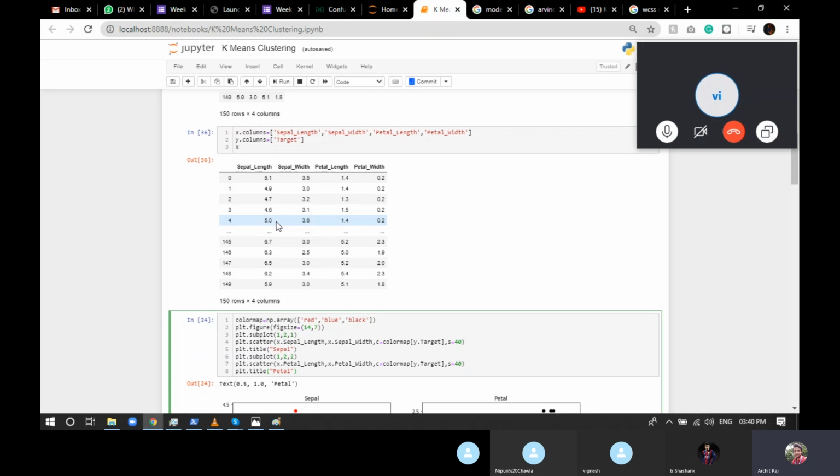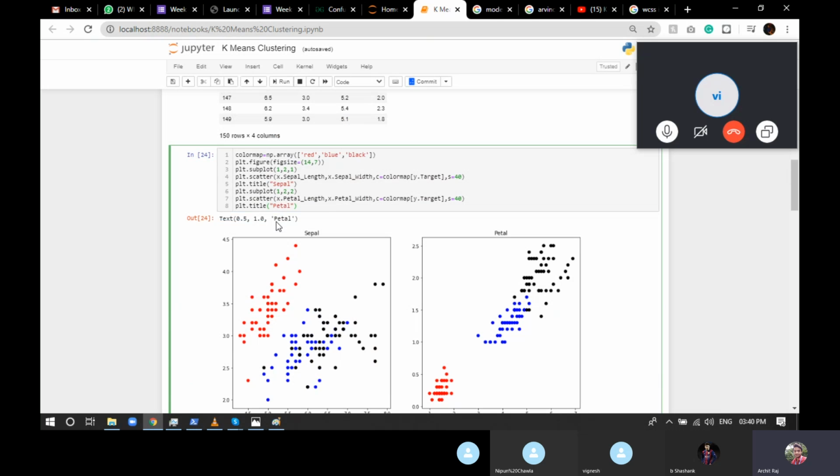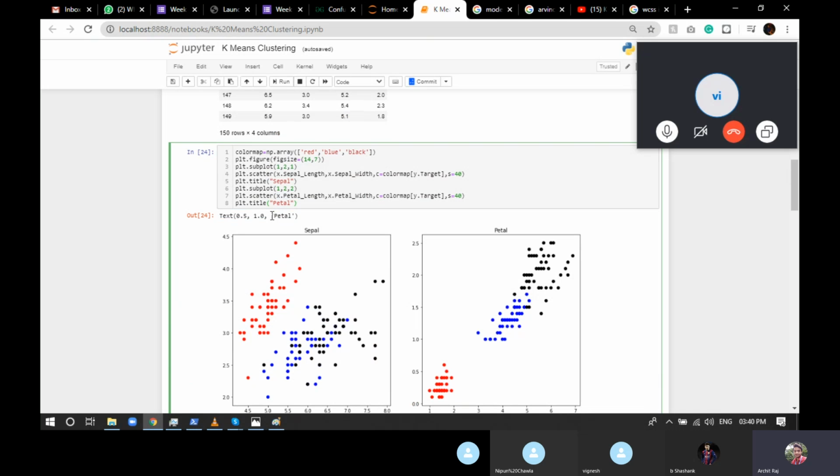Now what I've told you, in any unsupervised learning algorithm, it doesn't care what the output is, what the target class is, what the feature is, it's just going to make the clusters. So the only thing you have to consider is 3, that there are 3 different clusters. This time you know that there are 3. In the next class we'll see, we don't even know how many different clusters we want.